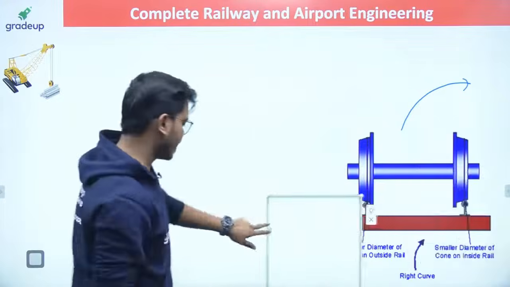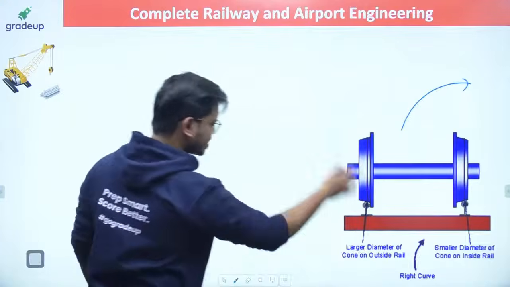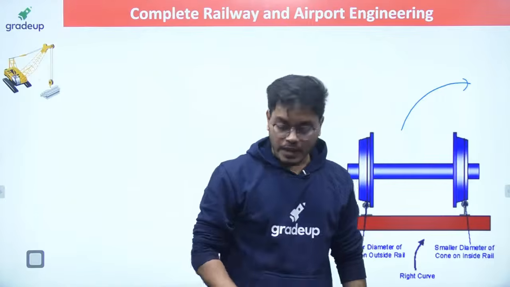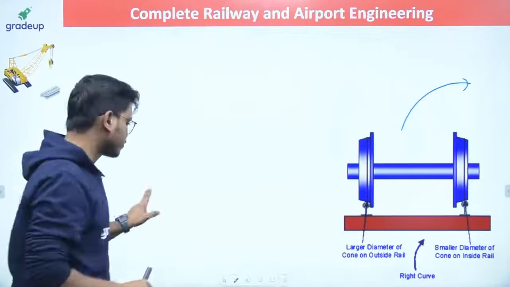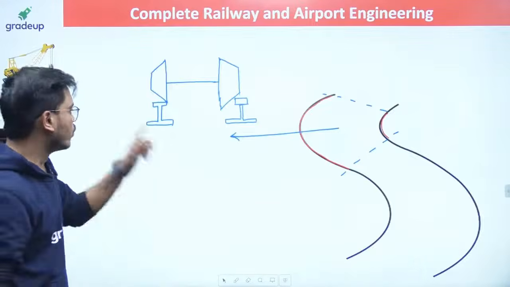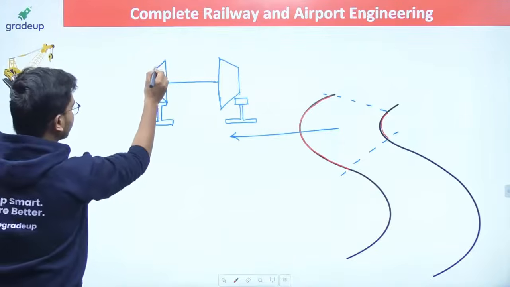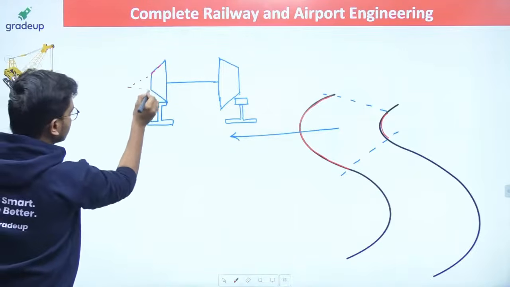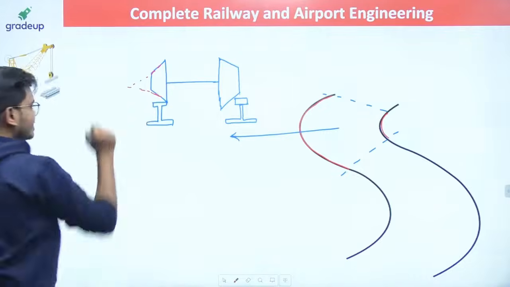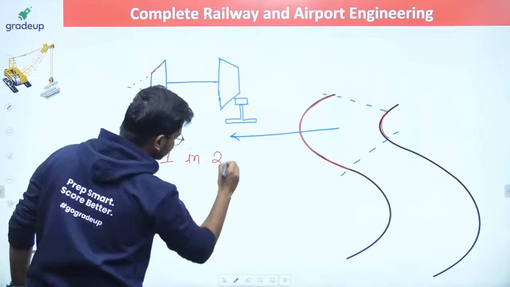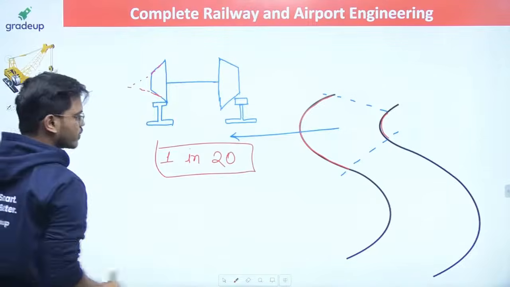Now tell me, guys, does anybody have any doubt in this particular concept of coning? Full power, say, let me know. And the coning is done. The question arises, what is this angle? If I join it like this, then this slope is 1 in 20. This is another 1 mark question I have just covered for you.